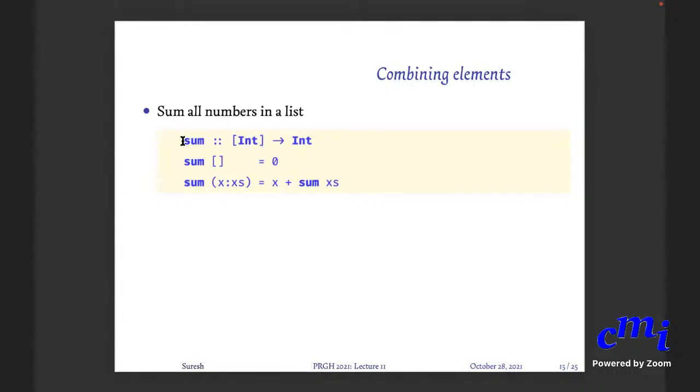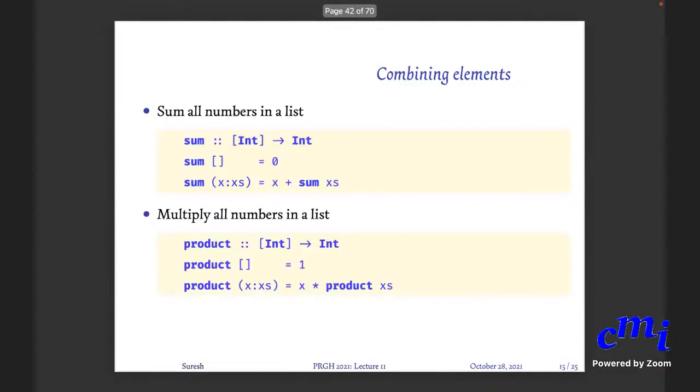And here is one form of combination. One simple thing that we have seen, sum, which is a built-in function. Sum of empty list is 0. Sum of x colon xs is x plus sum of xs. Here it is not like f of x colon map f of xs, where you are applying some function f to every element and leaving it as such. You are not combining two different elements of the list. But here you are combining the elements of the list using a function.